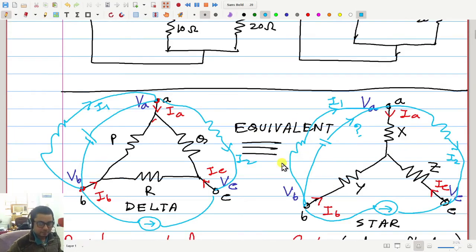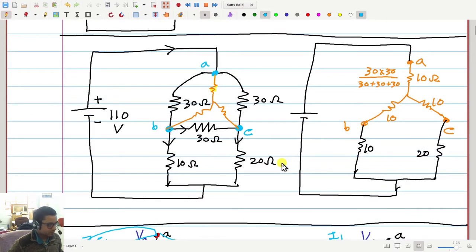Sir, I have a question. Is this related to superposition? Like we are neglecting the floating node in each step and then adding it. It is related. I will just say it is related, but I will not elaborate because many students will not understand this at this moment. We will study that later. Sir, if you go to the bottommost slide, I have a question there. Before that, let me just finish this problem and then I will come to it.